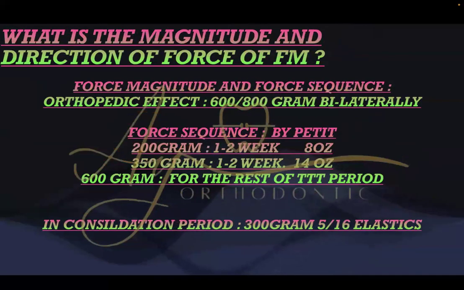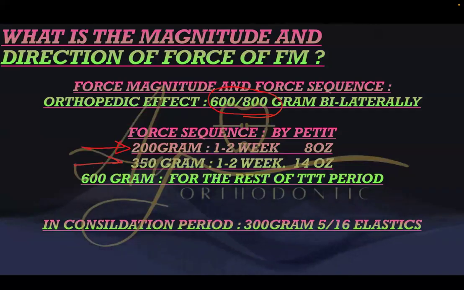And Delilah, what are the magnitude and direction of force? Okay, 600 to 800 grams bilaterally. And according to Proffit, we are not going to start with this huge amount of force, okay? We are going to do it gradually, okay? 200 grams for 1 or 2 weeks, then 350 for another 1 to 2 weeks. So the first month will be 2 weeks of 200 grams, and the other 2 weeks will be 350 grams,